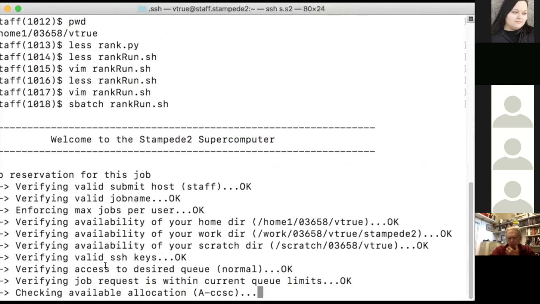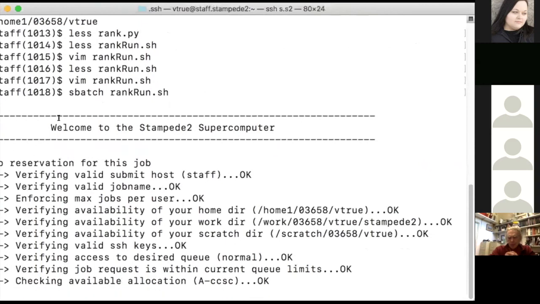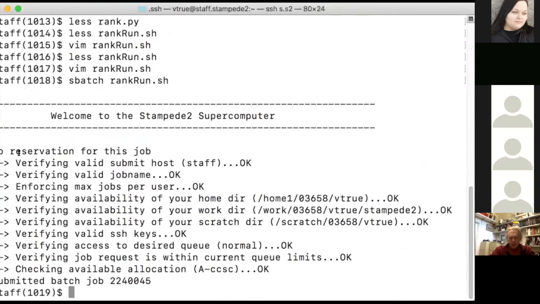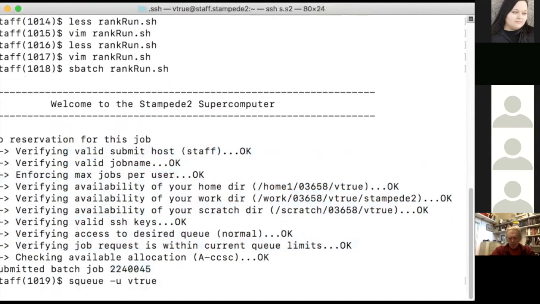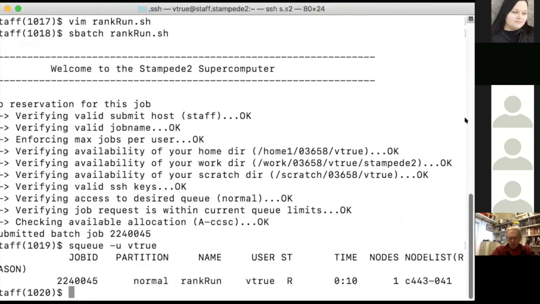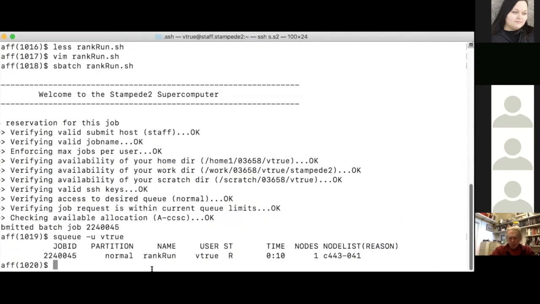And this will start generating an output saying that you're accessing a compute node. It will check all the parameters that are required to run. And then once it submits, it will give you a job ID. And so now I can do what I said earlier about using SQ to check on my job. And you can see that this job is there. It's named what I named it. It's in the state of R. This indicates that it's running.